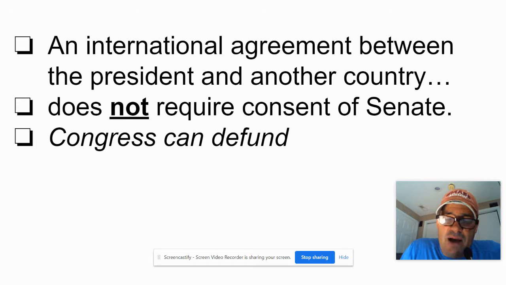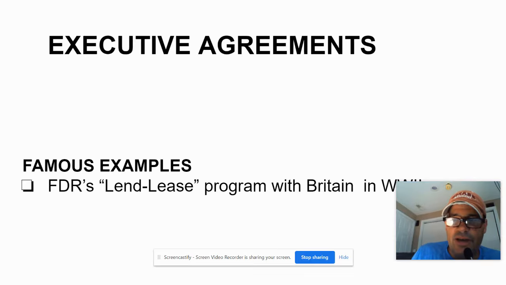However, Congress does have power because whatever the president comes up with, Congress could just defund it. You know what? We're taking money away from that, Mr. President. Sorry. So that's something that the Senate can do. They can defund. Just some examples of this, if you want to write these down, you can. If not, it's fine. An example is Franklin Delano Roosevelt's Lend-Lease program with Britain. We're going to lend you, quote unquote, tanks or planes, mostly planes, during World War II, and you will lease us bases in the Caribbean or something. That's an example of an executive agreement. It wasn't a treaty. It was just a kind of deal between executives.